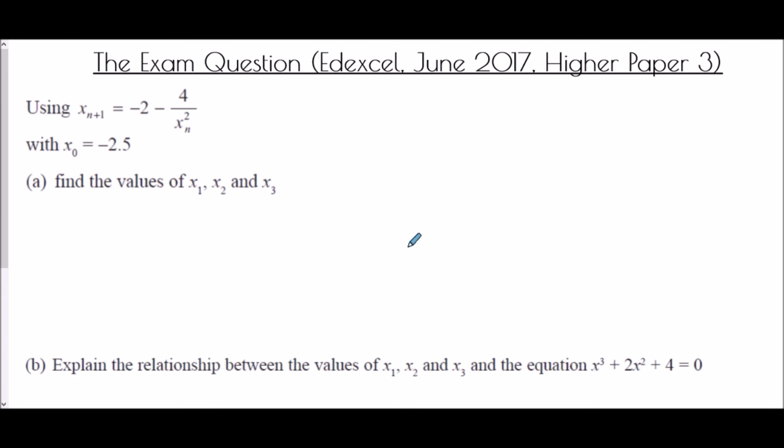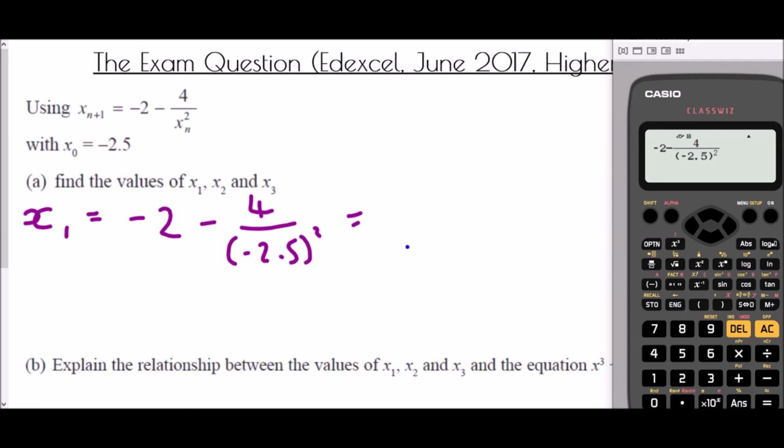And so what they're asking us to do is quite simply to use the iterative process and substitute in each value. And so in this case I'm going to begin with x1 at -2 take away 4 over -2.5 squared, and that is going to go into the calculator. So I've already typed that in. Let's see what the answer is. Well, it comes out at -66 over 25, but I want it again as a decimal just to be sure. So -2.64,